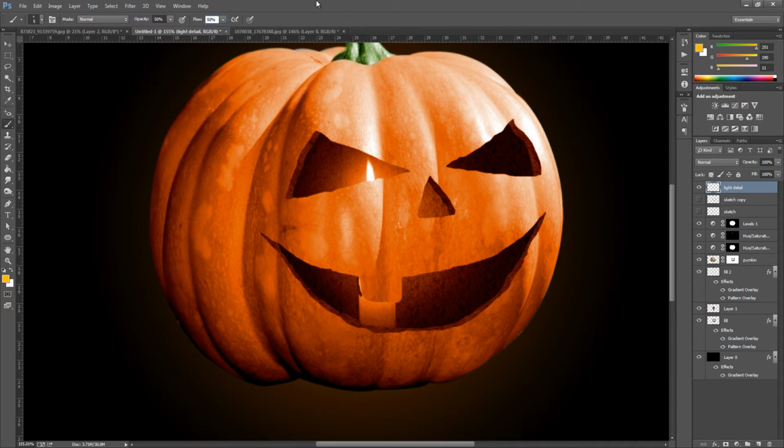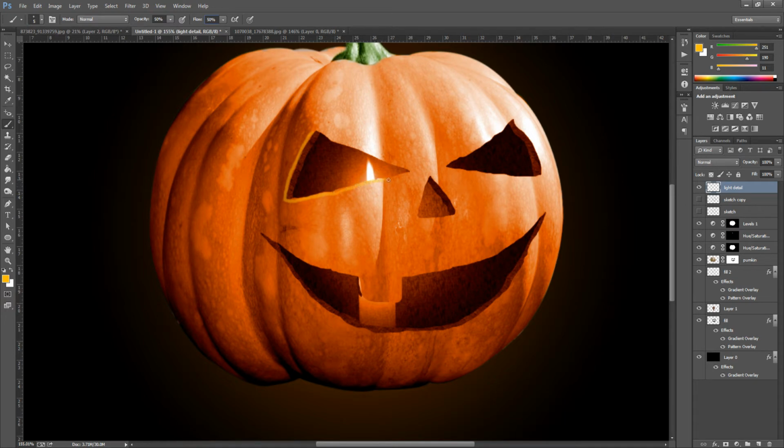So we have something like that, and then we're just going to paint in some detail just around the eye. So if you follow me, just lightly, nothing too heavy, something like that.